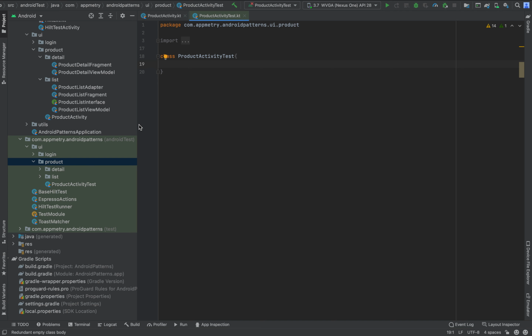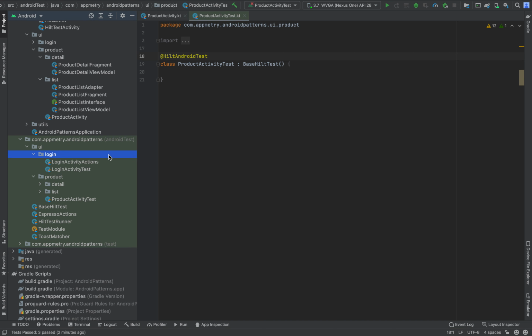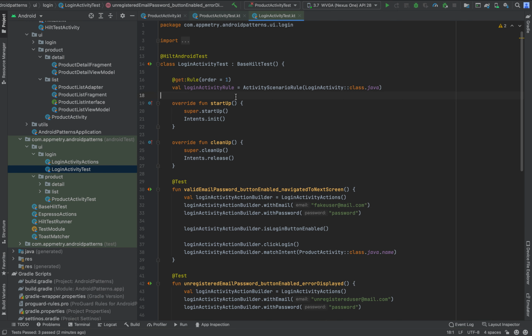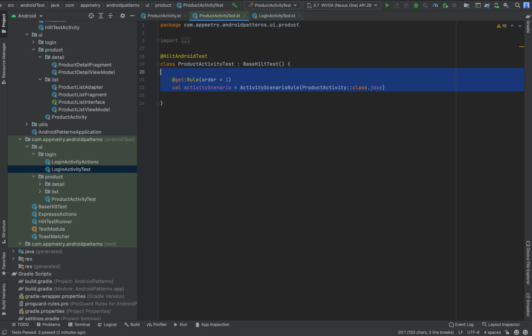We need to use Hilt for dependency injection, so we extend this test class with base Hilt test and annotate it with @HiltAndroidTest. Next, we need to add an activity rule similar to how we added in the login activity. So we add an activity scenario rule for product activity.